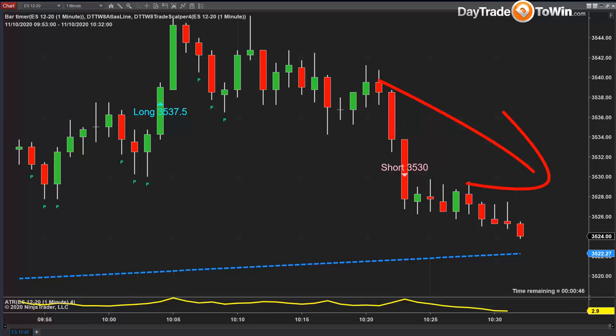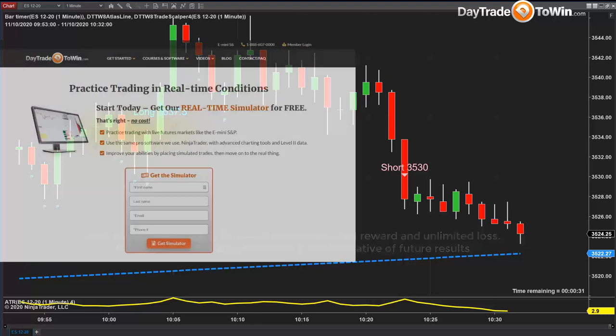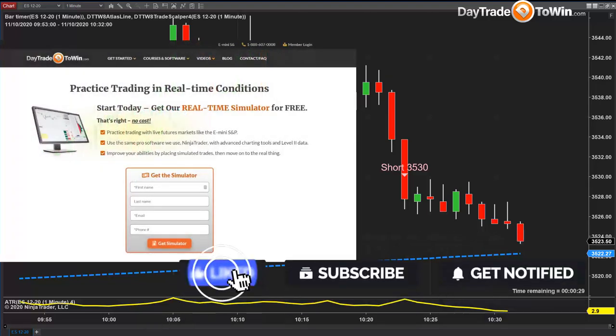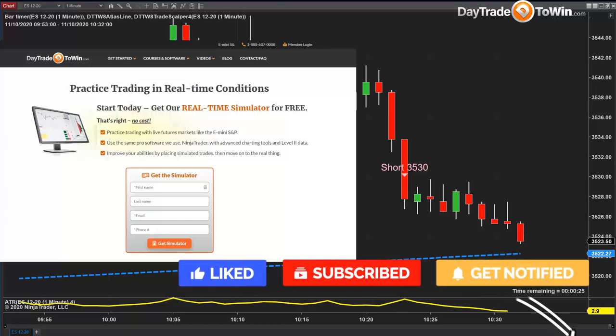But before we begin, remember that trading is risky. A disclaimer on the risks involved with trading. Please don't trade with funds you cannot afford to lose. Talk to your broker, and please don't trade with the rent money. Understand what this is all about before jumping in, and you can practice, get the simulator, and practice for free with live data. NinjaTrader is what we use.